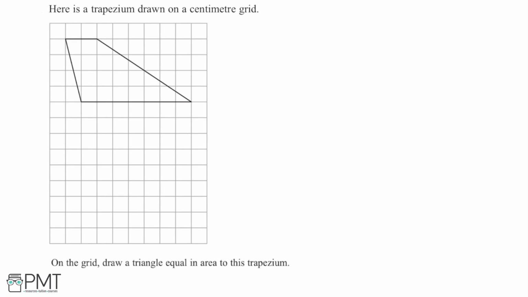So in this question, I have a trapezium drawn on a centimetre grid below, and I'm asked to, on the grid, draw a triangle equal in area to this trapezium. So we need to find the area of this trapezium and then draw a triangle of this area below it on the grid. So a good place to start here is going to be by finding the area of this